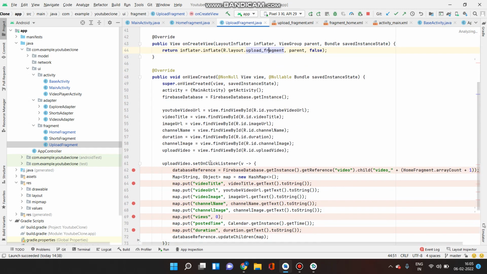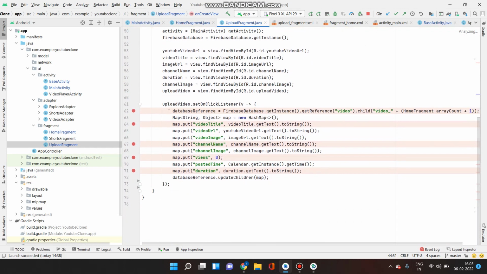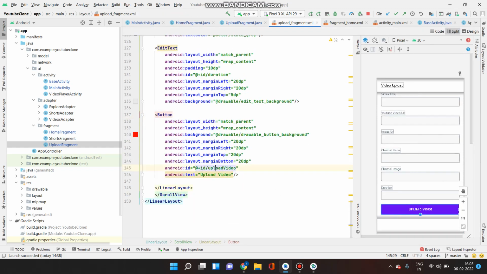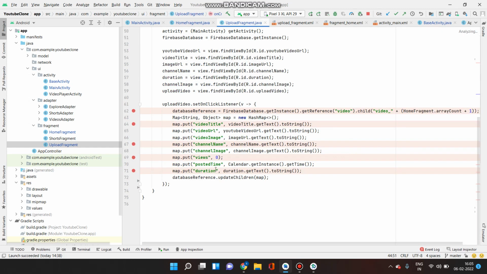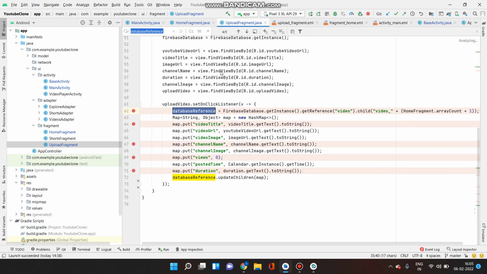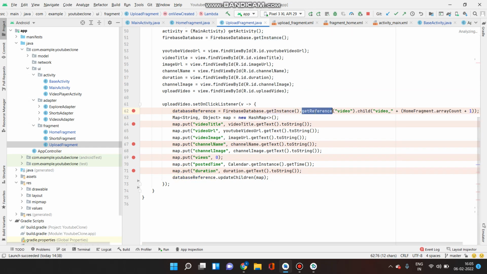And coming to the fragment again, I've just added an on click for this upload video button. So this is the button which has the ID as upload video. So I'm just adding an on click for that. And then with this database reference, which we have created over here, I'm just initializing Firebase and I'm getting the instance of it. So get instance dot get reference, I'm just giving it as video.